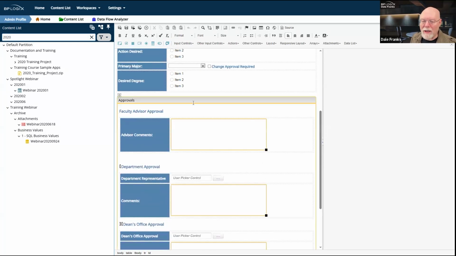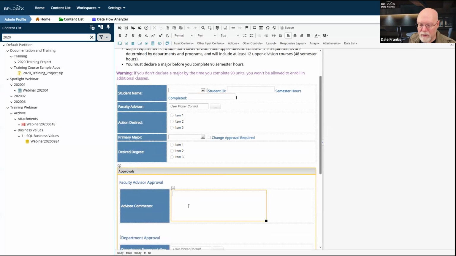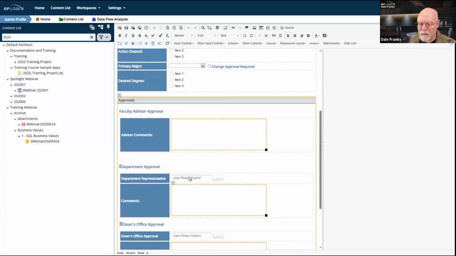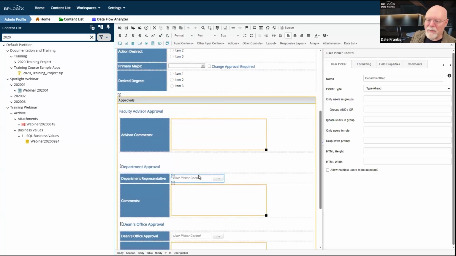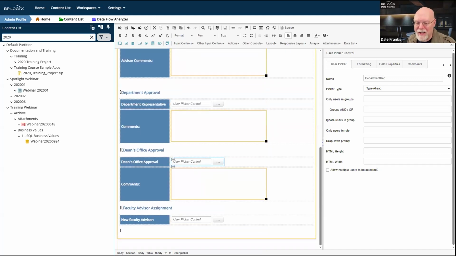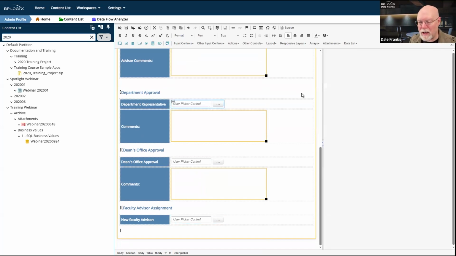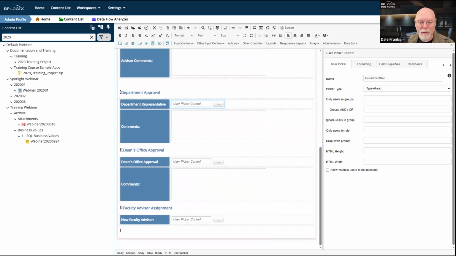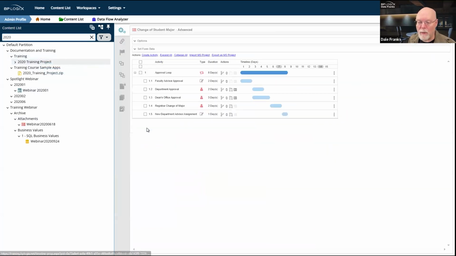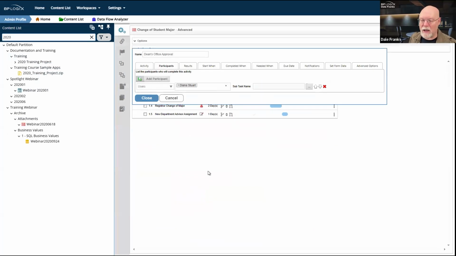And so right down here, I have, wait, didn't I have, here I have a user picker control for department representative, dean's office representative, and for new faculty advisor. And on my process timeline, I use these to determine who is going to be the task assignee for the appropriate task. So if we open up our task and we look at, say, dean's office approval,